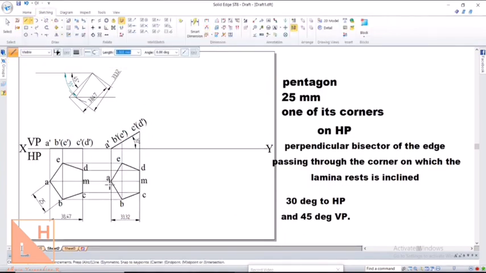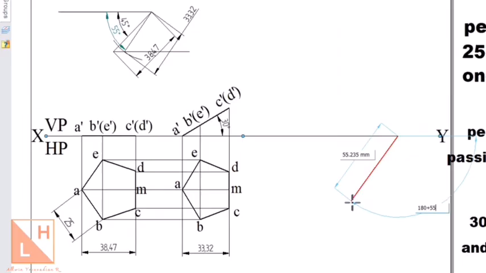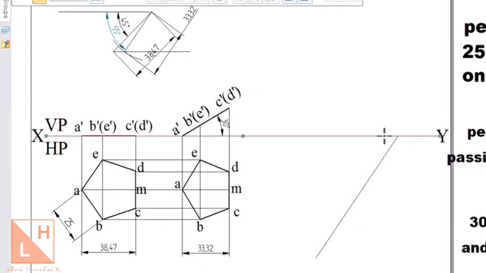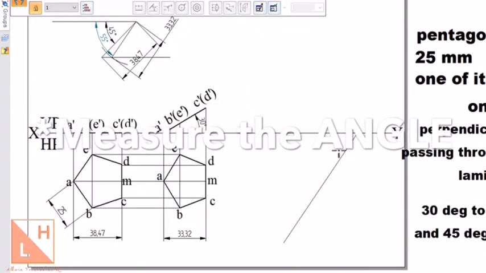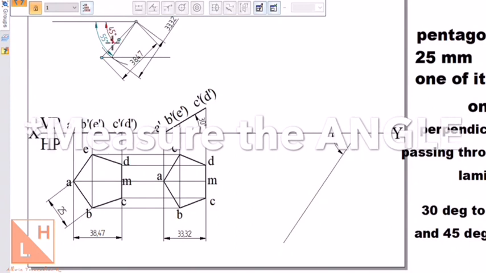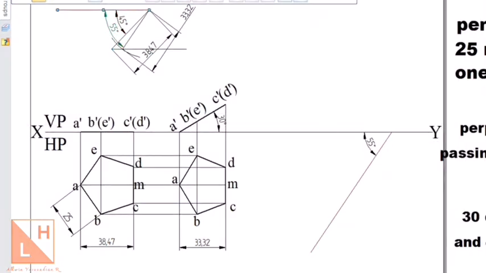So use that 55 degree line in the XY line and rotate this AM at 55 degrees. So let us draw a thin line of 55 degrees, with the angle as 180 plus 55 degrees. You can draw it for any length. Measure the angle with respect to the XY line. It must be 55 degrees. So here we calculated the beta angle, and here we are using that beta angle.